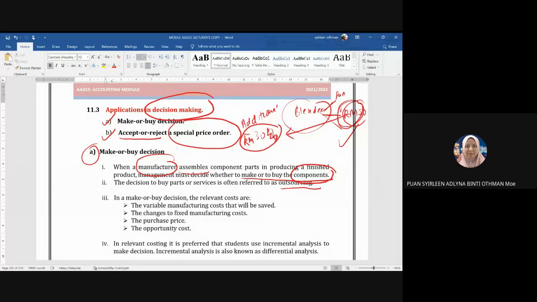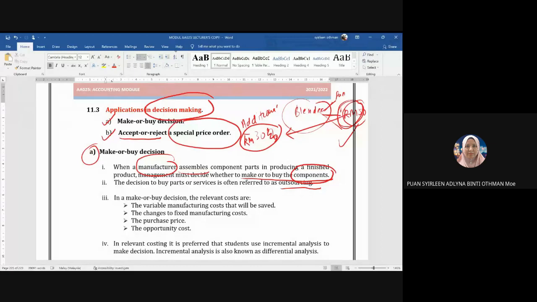Okay, maksudnya kalau kata, macam saya cakap tadi lah, kalau kita buat motosikal, bukan semua parts tu kita buat sendiri. Okay, so like spark plug, apa semua tu, dia punya mudguard, dia punya rim, okay, you akan beli daripada company lain, bawa pergi ke kilang you and you akan pasang. Alright, so the decision to buy the parts, okay, to buy the part, we call it outsourcing, okay. So in a make or buy decision, the relevant costs are,